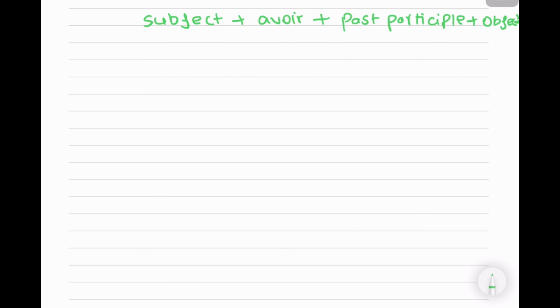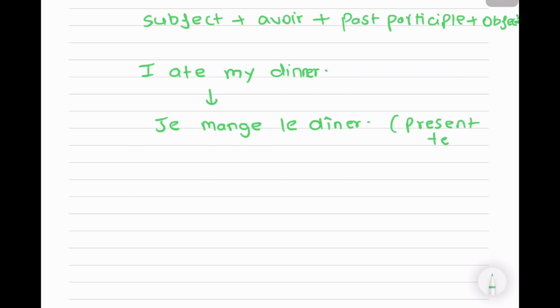First thing we're going to do is take an example in English, right? I ate my dinner. Now we'll make this sentence in French. First we'll do present tense, then we'll do passé composé. Je mange le dîner. This is present tense. Now the same sentence we're going to make into passé composé. So we're doing passé composé with avoir. First thing we need to do is conjugate avoir with je. So we get j'ai. Then we're going to take the verb manger